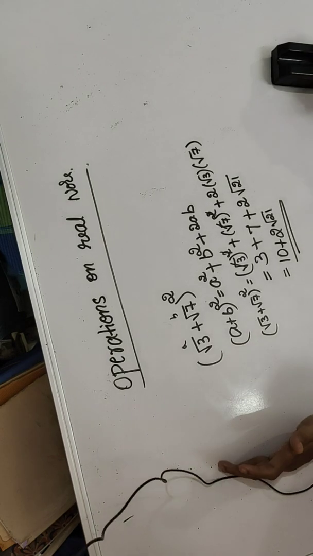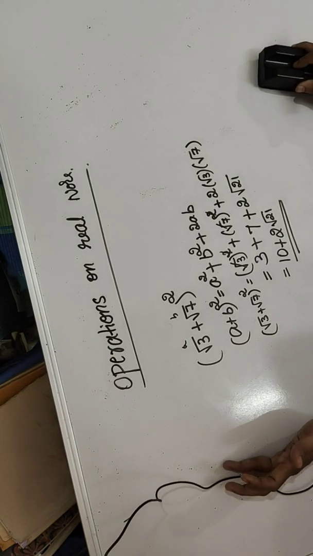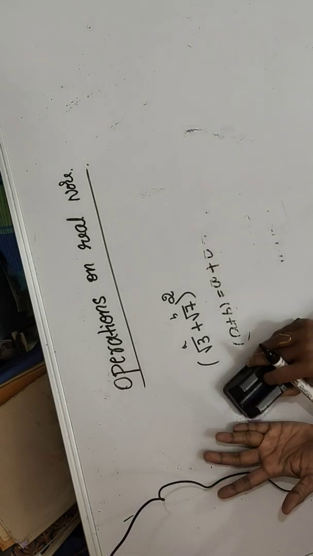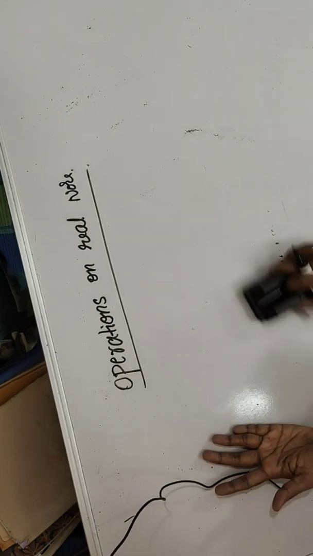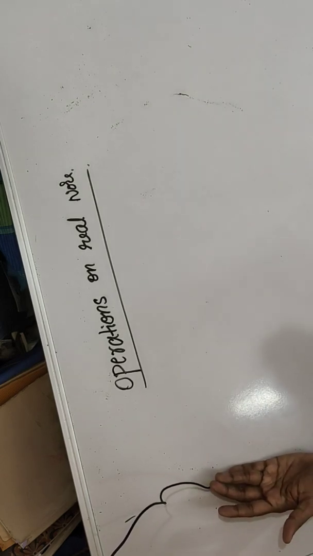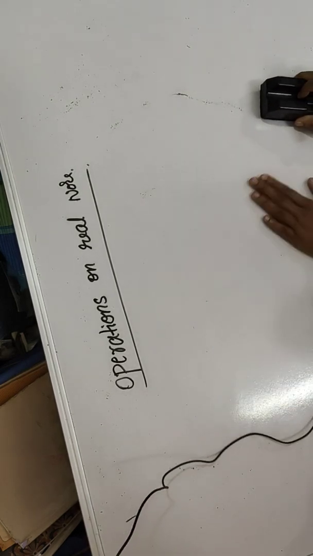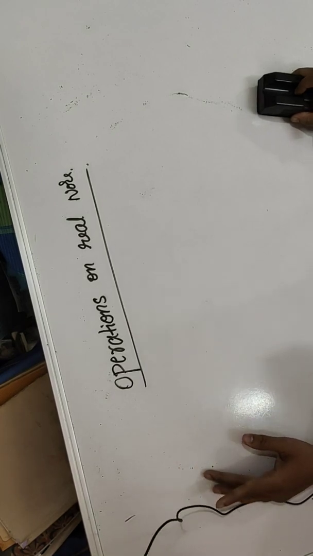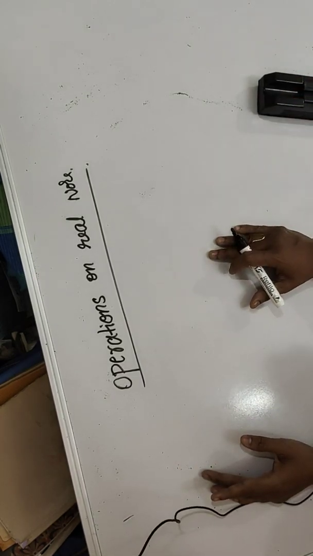Okay, like this they may give many questions. You must be ready to solve the problems. A plus b, a minus b, a square minus b square, formulas like that you may also get. So solve as many problems as you can, and refer to your textbook, reader, exercise and example questions. Everything you have to solve and study.